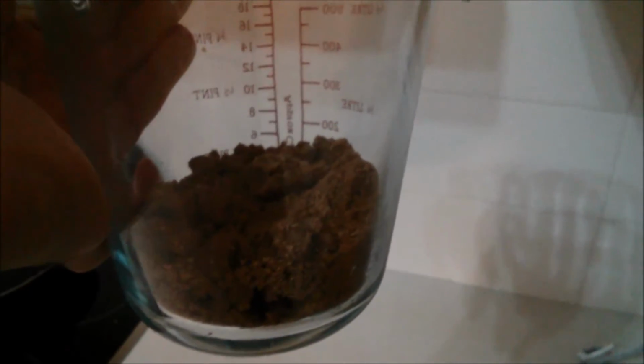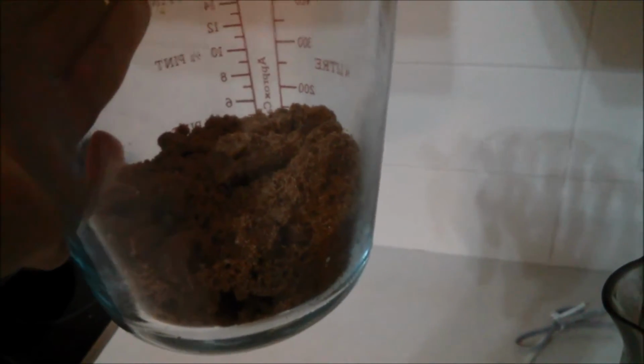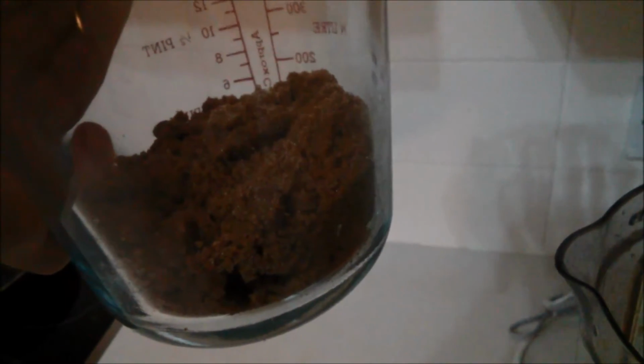Now I've got 3/4 of a cup of brown sugar. It's also got some molasses, so that gives a bit more taste, and I don't know, it gives a bit of a warm pumpkin pie kind of feeling. Goes well with the